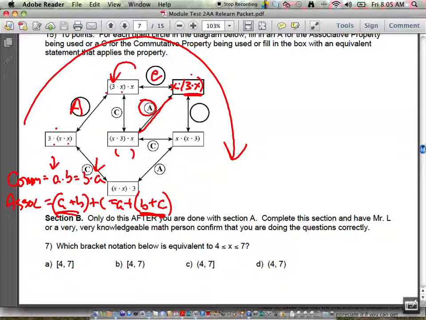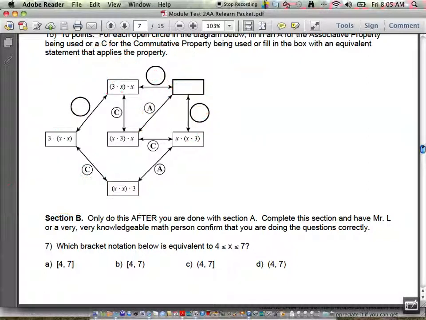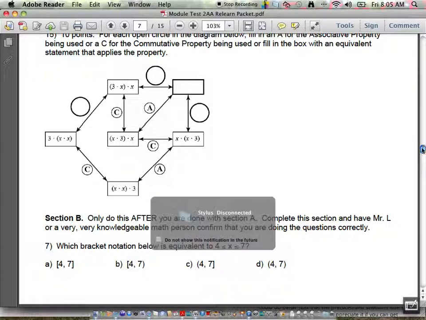And what you notice here is this entire thing, 3 times x, is switched to the front instead of in the back. After the x, it goes before the x. That's switching order, that's commutative. And if you notice here, this is a little really tricky. Now, instead of it saying 3 times x, it says x times 3. Again, that's also switching order, so that's commutative. Okay? So, nice, quick, and easy. There are the questions on the test that dealt with, in some way, shape, or form, properties. The bracket stuff was a little bit repetitive, didn't really need it in here, but it's really not that big a deal. Okay,